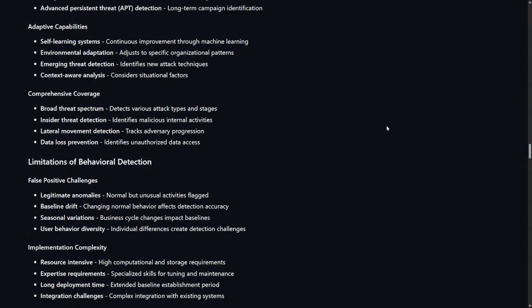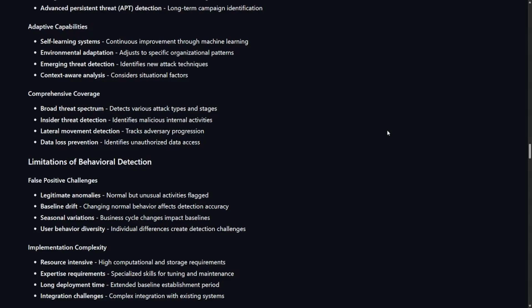For adaptive capabilities, we have self-learning systems, continuous improvement through machine learning, environmental adaptation, adjusting to specific organizational patterns, emerging threat detection, identifying new attack techniques, context-aware analysis considering situational factors, comprehensive coverage, broad threat spectrum, detecting various attack types and stages, insider threat detection identifying malicious internal activities, lateral movement detection tracking adversary progression, data loss prevention identifying unauthorized